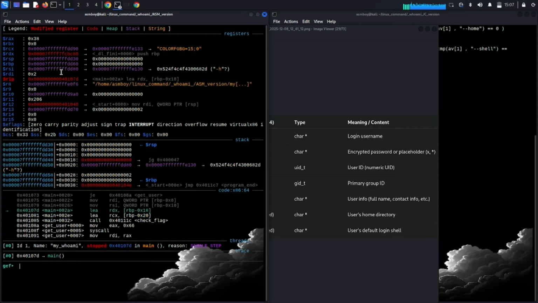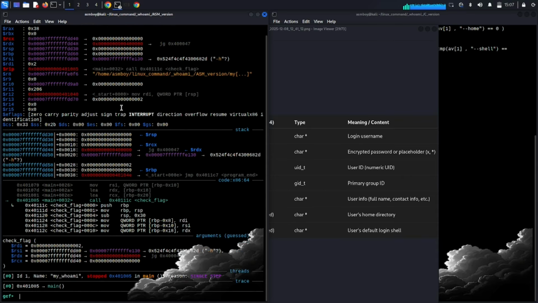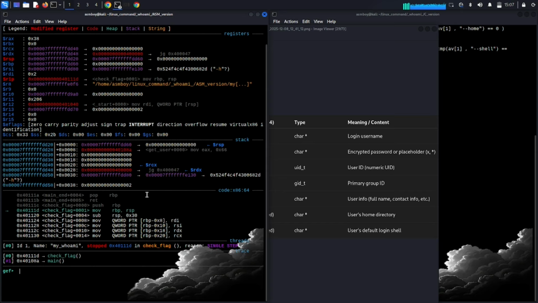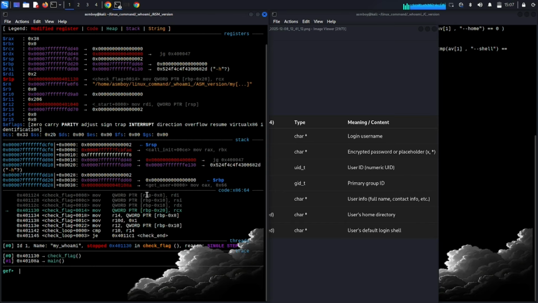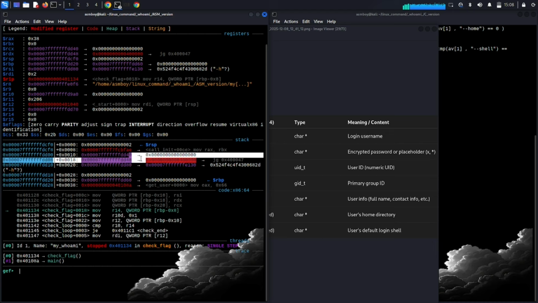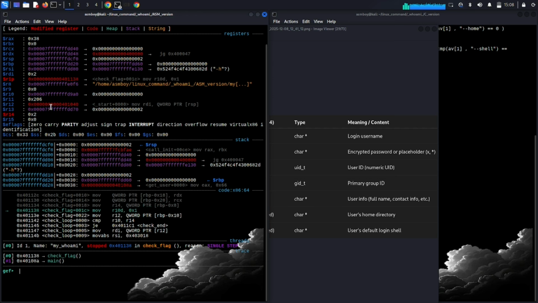Now the RDX will have the address of this variable. As you can see, here is the RDX. Look, now it is pointing to this place. Good. Now the RCX, the same thing. It will point to the same place. Good. Now let's continue step inside the check flag function. Good. As you can see, these two places point to the same variables. Alright, taking the others of the variables. Good. Now let's continue. The R14 is equal to 2, then the R10, then the R12 now is equal to